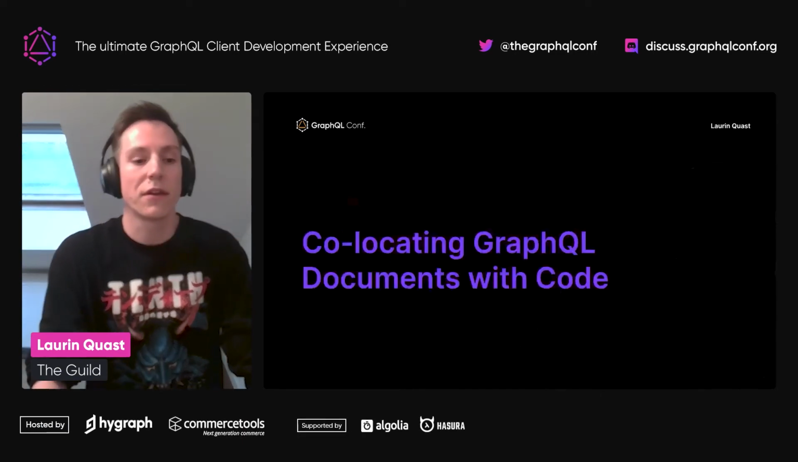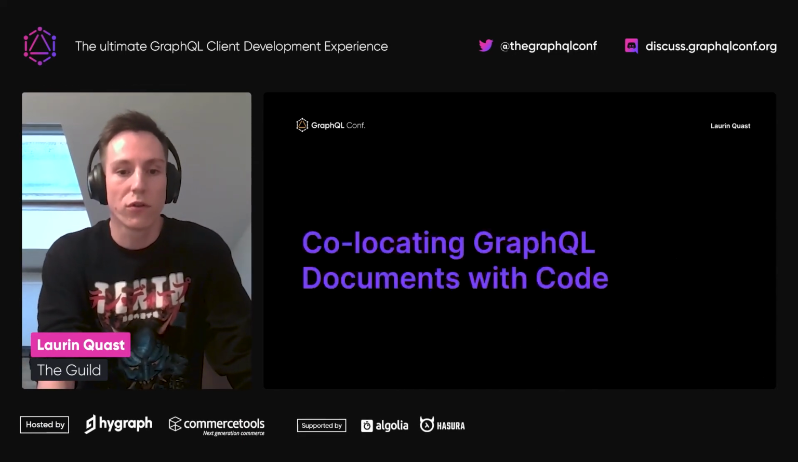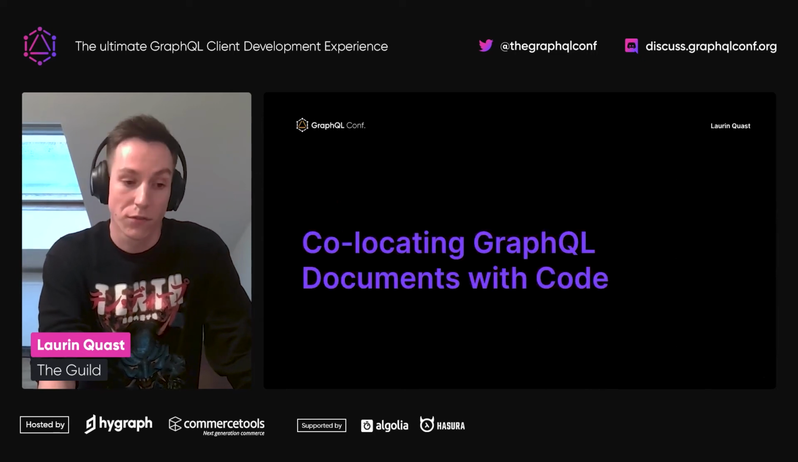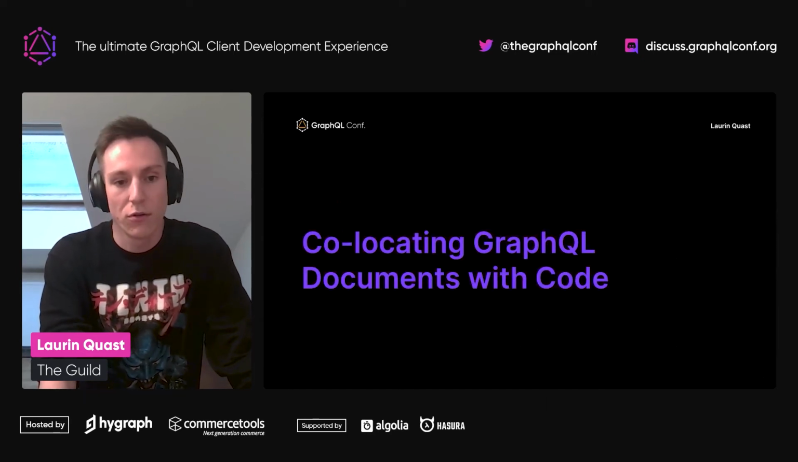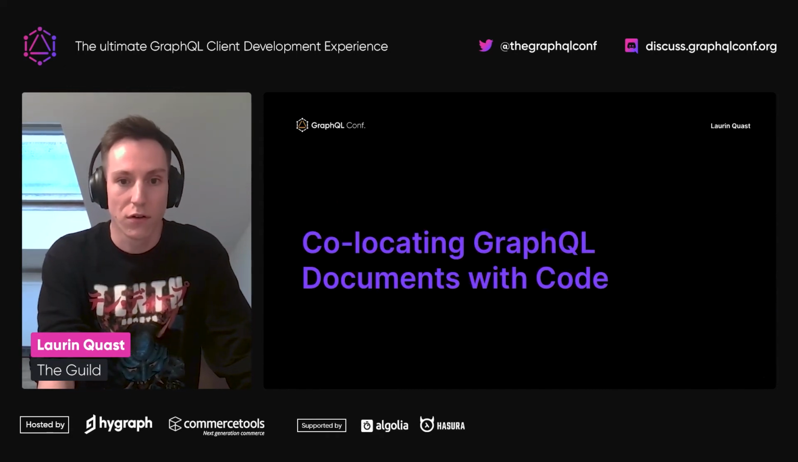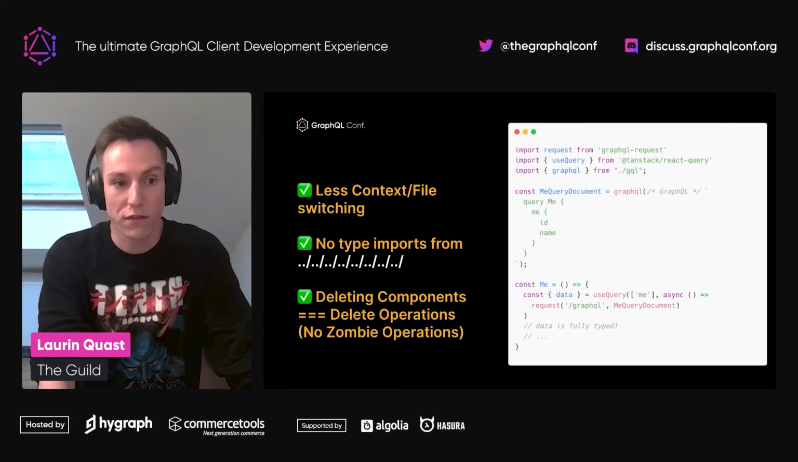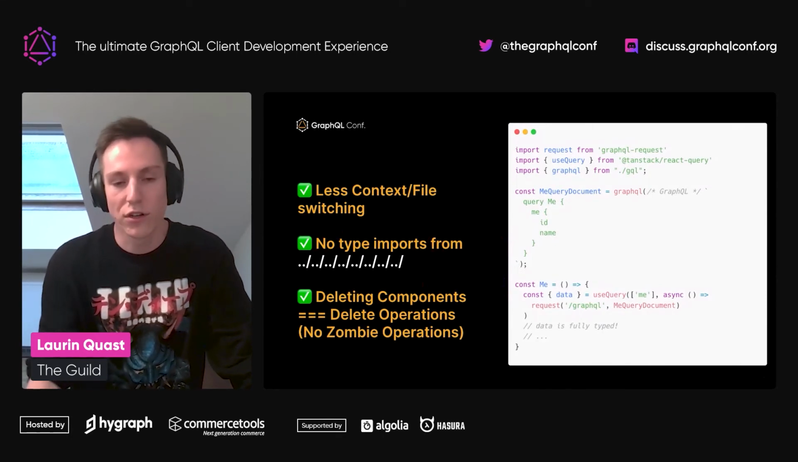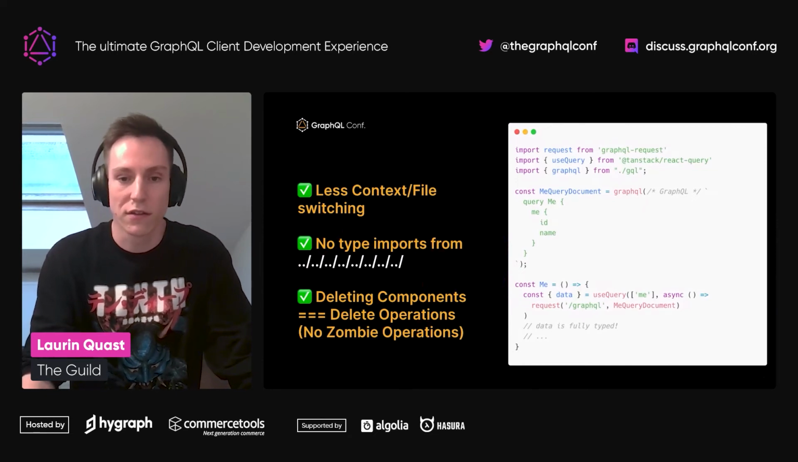So the next thing I want to talk about is co-locating GraphQL documents with code. As you saw before, we wrote all our GraphQL operations within our TypeScript code, and I want to go a bit into why I think this is the best way of writing GraphQL documents. So first of all, we have less context and file switching, because if, for example, you would put this query string into another file, then you have to switch to the GraphQL file, edit it, then switch back to